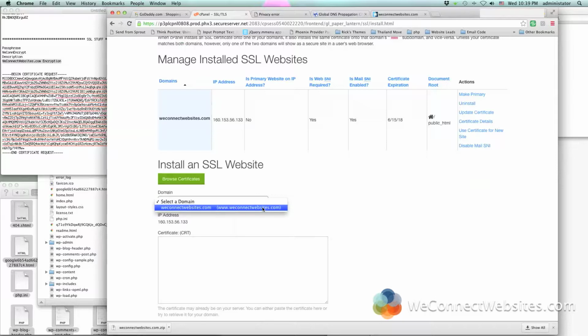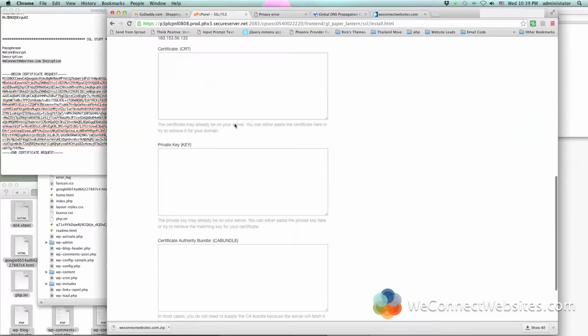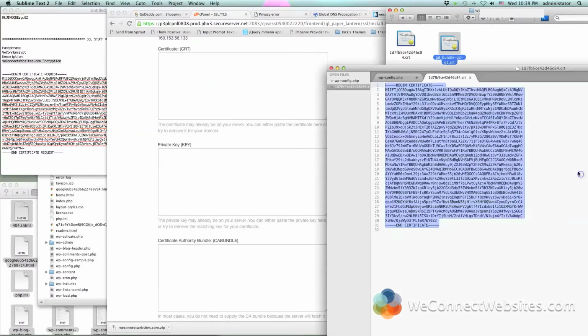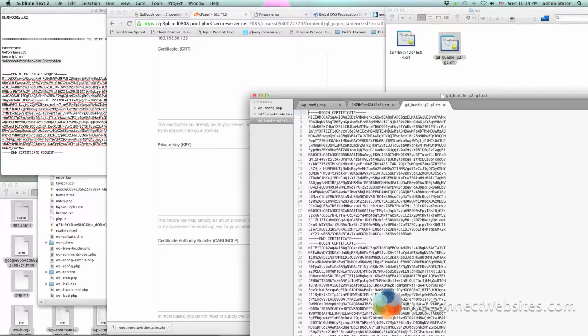Here we go. You can select it right out of that drop down. Autofill by domain. That's okay to use. There's nothing wrong with that. But if you wanted to do this, you can paste this stuff in here. Let me show you how to do that. If you grab this GD bundle, you drag it into there,